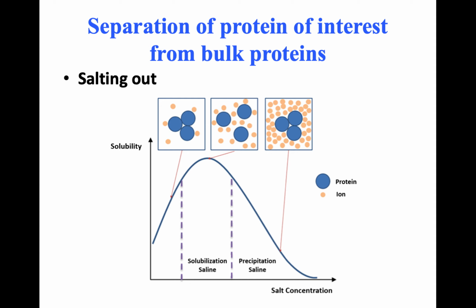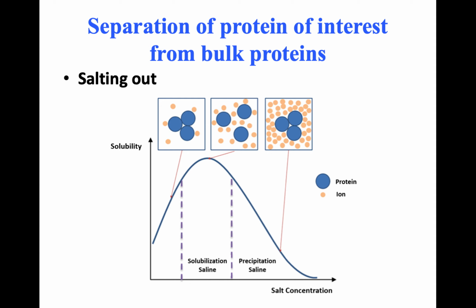The first step in the protein isolation that we are going to do is with the help of salting out, which is nothing but the precipitation of the proteins with the help of ammonium sulfate. This ammonium sulfate is extensively used in the precipitation of proteins. It is the first purification step which is regularly used in the isolation of proteins.